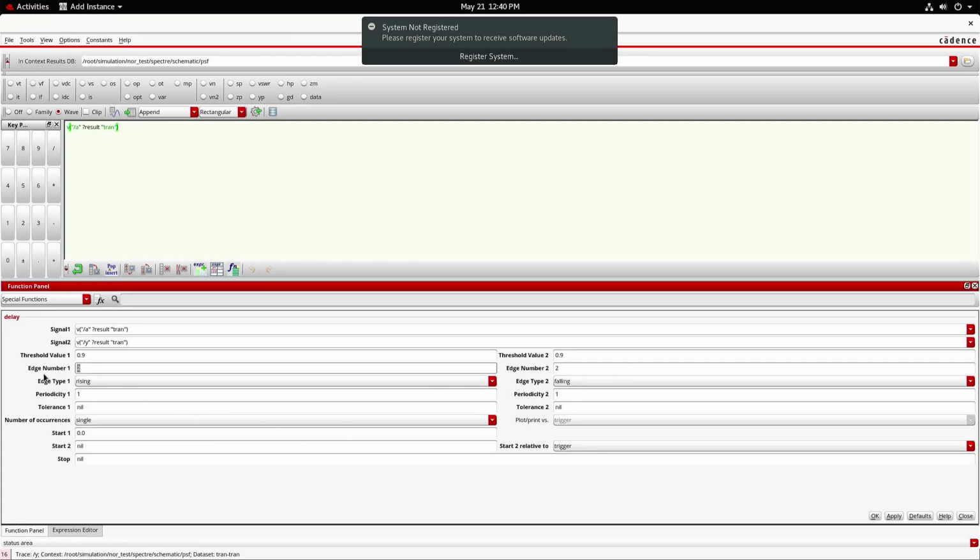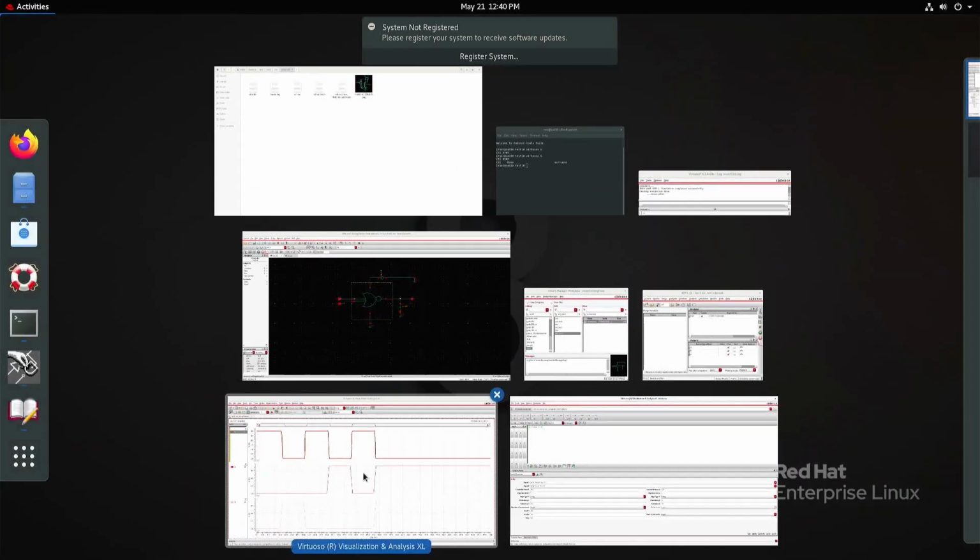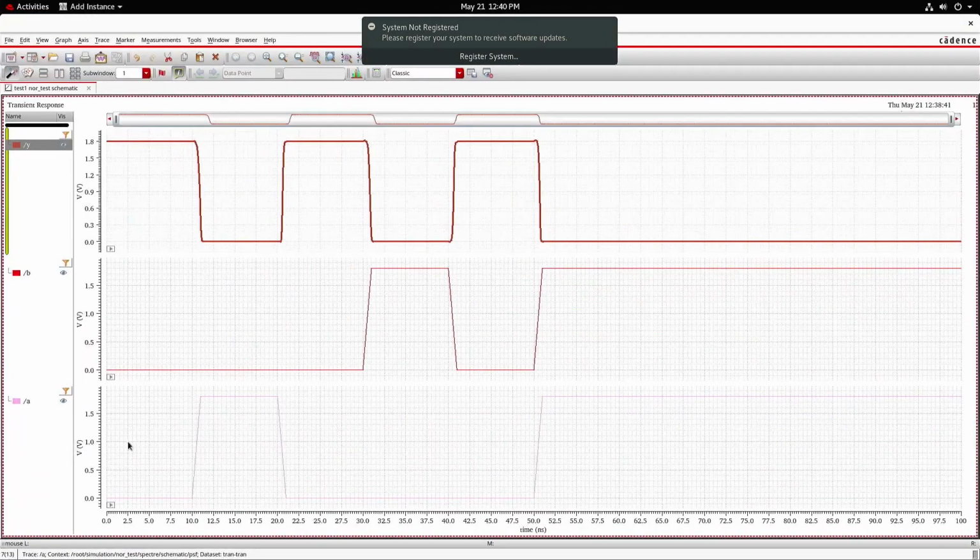Then how to select the edge numbers is important now. To get the pattern 0 0, just go to your waveform. This is 0 0. Corresponding output is 1. If I choose A as the input signal, then for A to come to 0 0, A is falling. And under falling, this is the first edge. And to go to 1, output is rising.